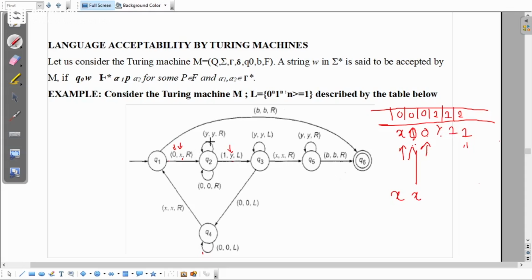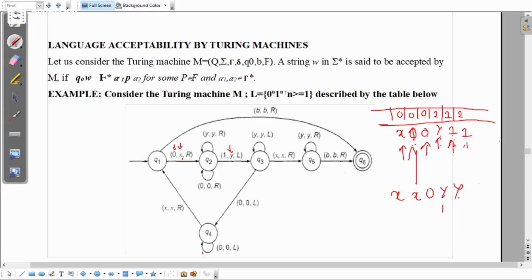So that's why at Q2 you have to do even y by r, y by r. So this time I did y by r, that means you come back, go to the next step in the sense where you can reach the first one, the corresponding one of 0. So this time you got 1, okay, and then change it to y,